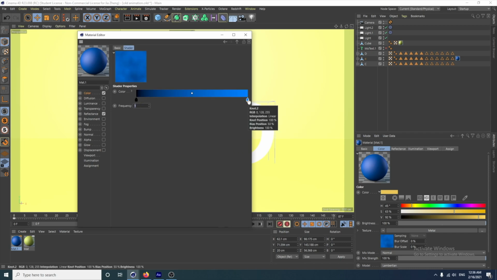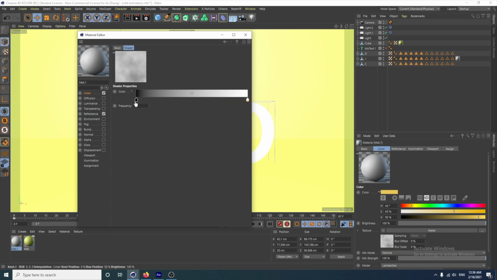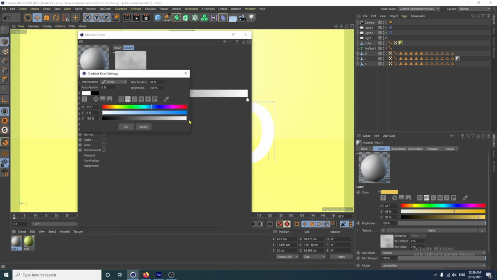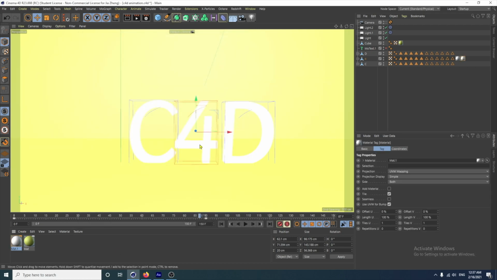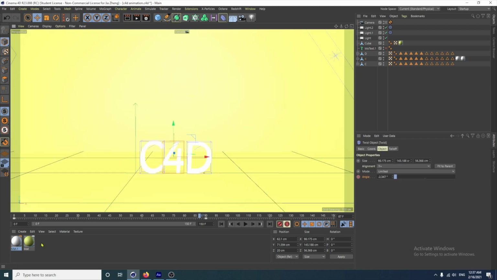So click on this blue. I'm going to change whitish color. I'm going to click on this black, make it brighter to white, drag that on,